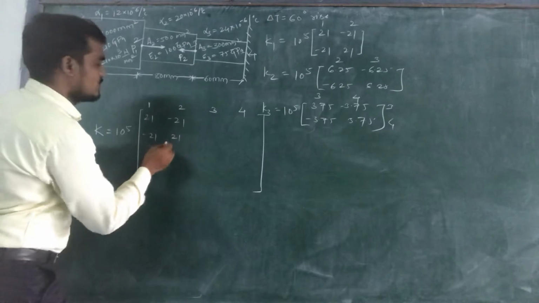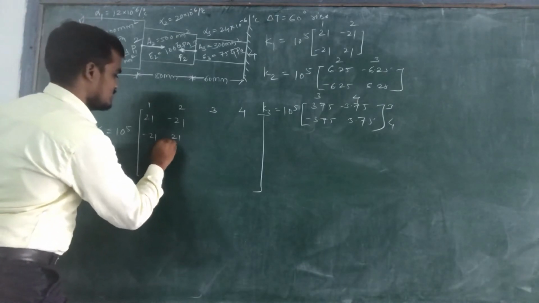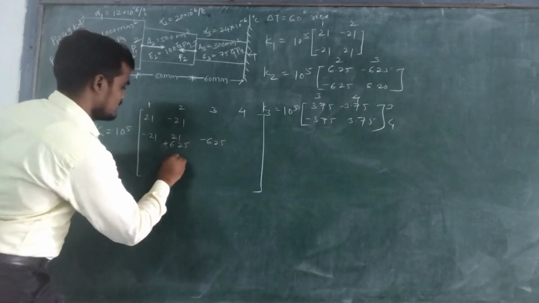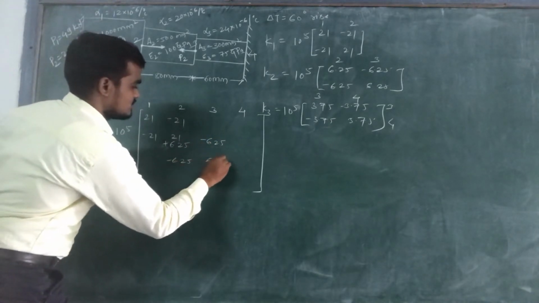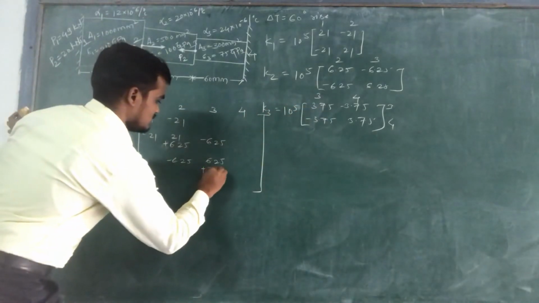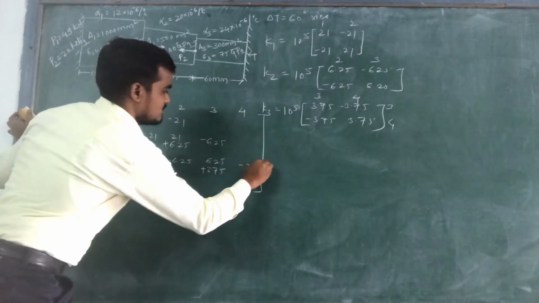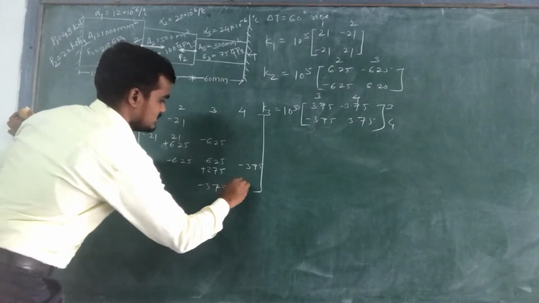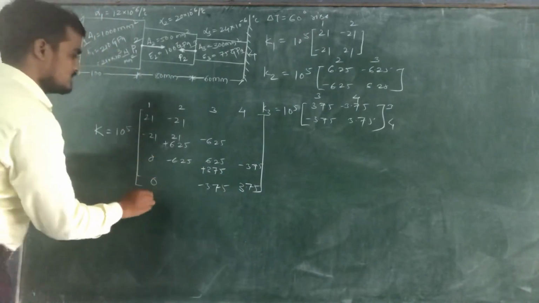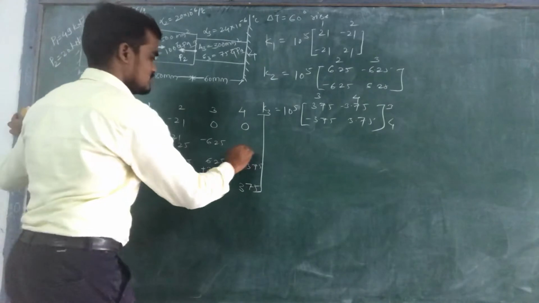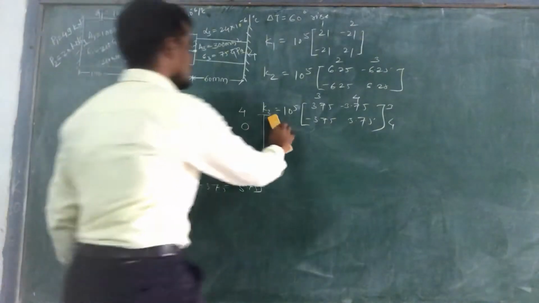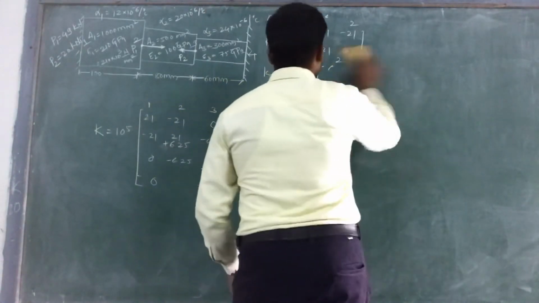Between 2 and 3, 6.25 is there, plus 6.25 minus 6.25 minus 6.25 6.25. Between 3 and 4, 3.75 is there. So plus 3.75 minus 3.75 minus 3.75 and 3.75. Remaining elements equal to 0, 0, 0, 0. So 10 raised to power 5 into this global stiffness matrix. So in this way you will get the global stiffness matrix as,